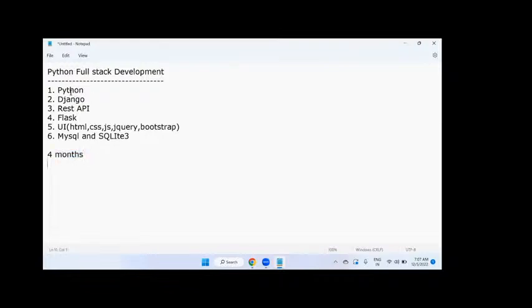And for example, if you are looking only for Python, core Python and advanced Python, that means basic and advanced level Python, then the duration of the course is 45 days or 50 to 60 days. It will take a maximum of 50 days to finish only core and advanced Python. So now coming to this,